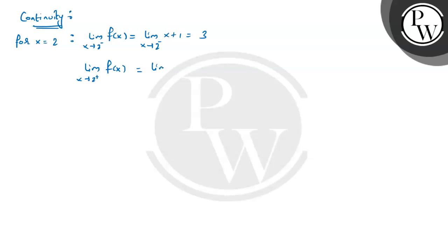At the breakpoints, the first breakpoint let's consider is x equals 2. Here we have the limit as x tends to 2 minus of f(x). To the left of 2, the function is defined as x plus 1, so the limit as x tends to 2 minus of x plus 1 is equal to 3. To the right of 2, the function is defined as 3 times x minus 1, so the limit as x tends to 2 plus of 3x minus 1 again gives the value 3. And also f(2) is equal to 3. Therefore, f is continuous